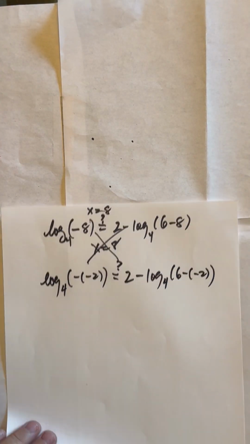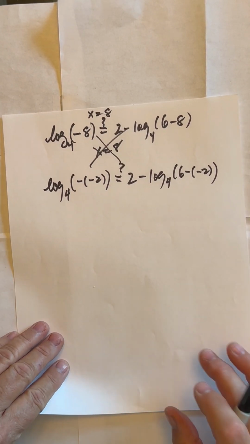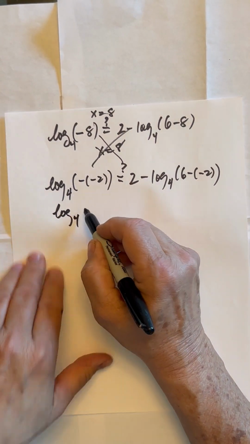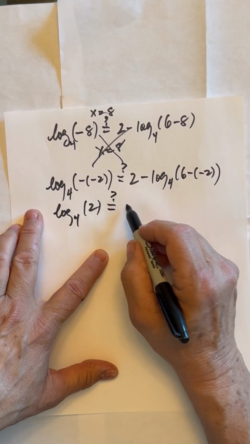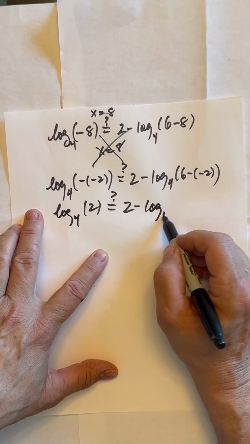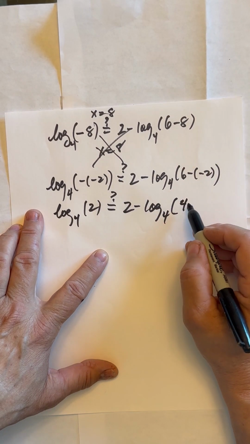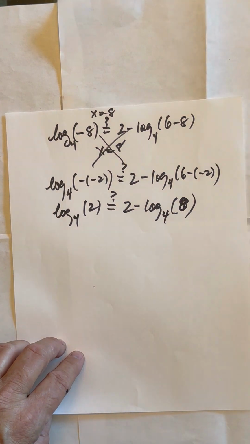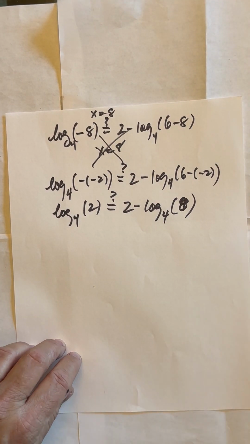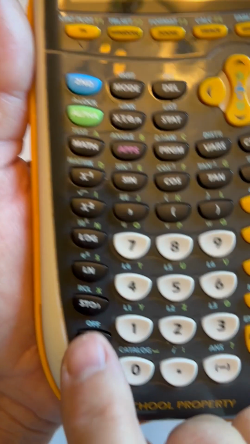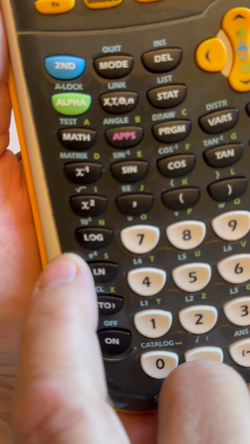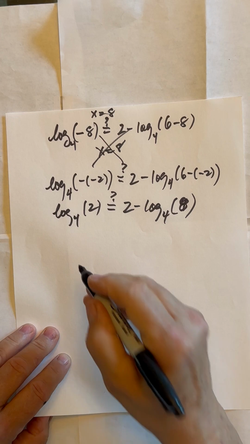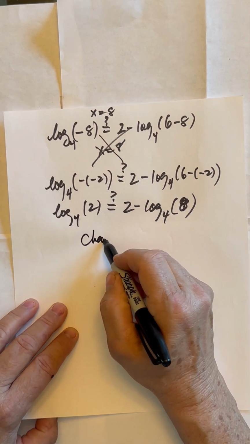We want to know. Let me make sure you can see this. Okay, you can. So this is log base 4 of 2. Does that equal 2 minus log base 4 of 8? Now, here's the thing. On your calculator, you don't have base 4. You have 10 and e. So you have to do a change of base. So if you remember, the change of base formula,